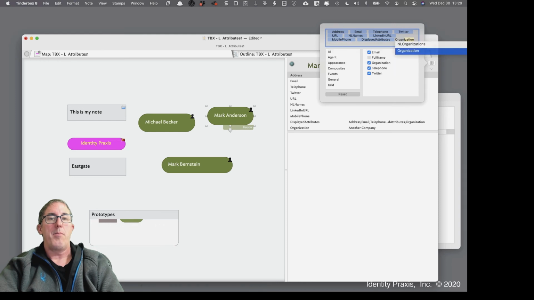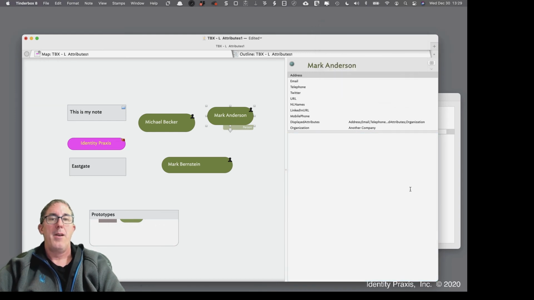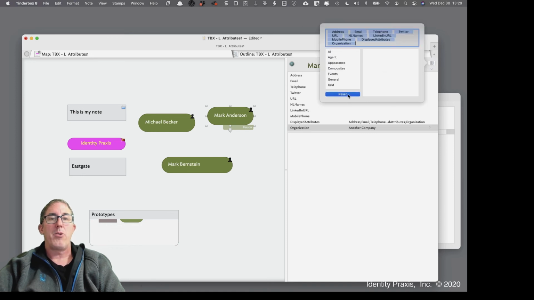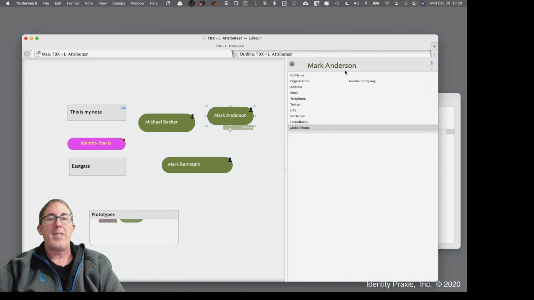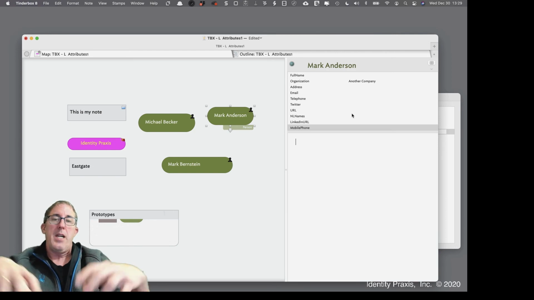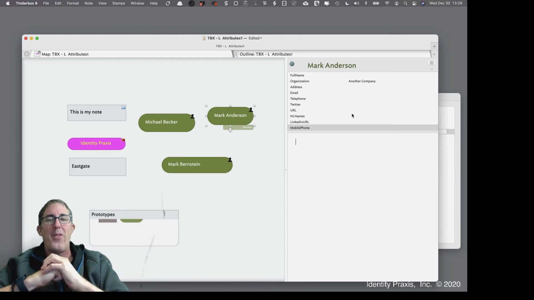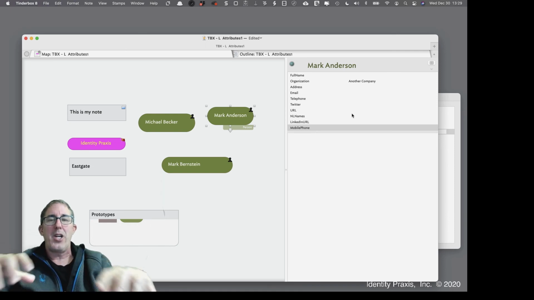I can go ahead and put the organization one manually back, and it shows up down on the list. Or I can, as we were just showing, hit reset, and it will reset itself to be just like the prototype. Now, the one other thing I want to emphasize as we're talking about attributes and I'm showing you how to use them, and right now we're just talking about the mechanics, not the strategy of attributes and how they all work. But here's one of the most important things that you need to remember when managing and using attributes